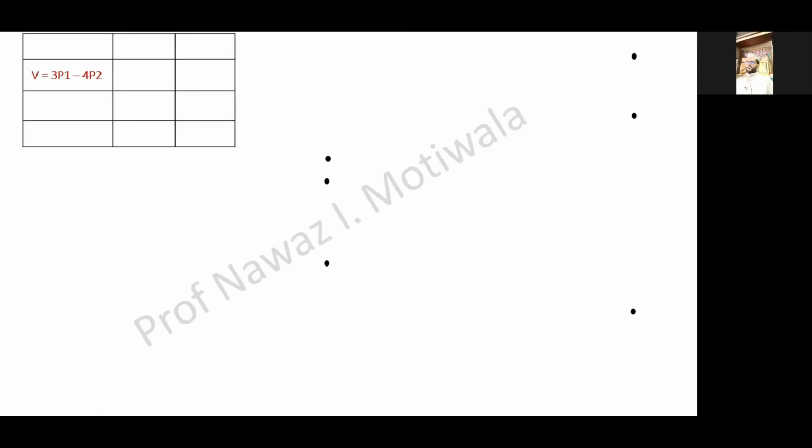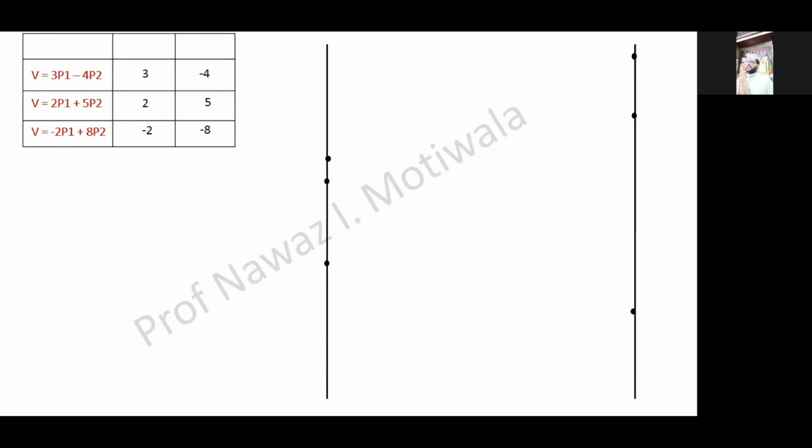Okay, let us proceed further to the graphical plotting. We have already found these values: 3, minus 4, 2, 5, minus 2 and 8. For plotting the graph, we have to plot a range between 0 and 1. So let us say this is my 0 line and this is my 1 line. Between the two, where I will write this is 0 and this is 1, the distance between the two will lie between always 0 and 1. This is a fixed criteria because we are starting from 0 at one point and we can go up to 1. See, this is also logic, I cannot say it is fixed, this is also a logical concept.